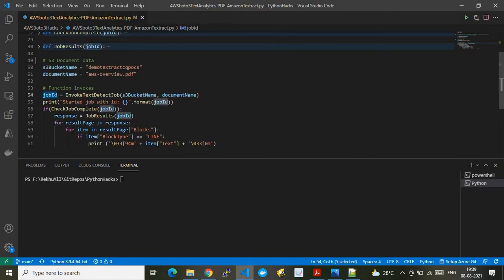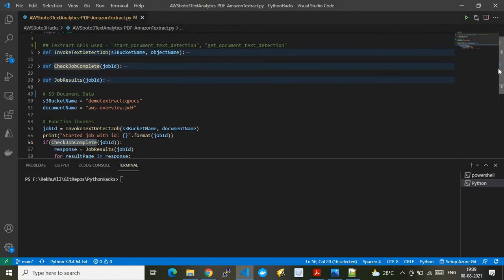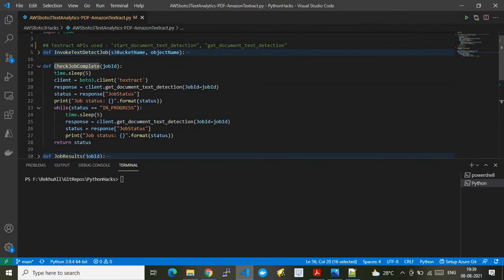As you see, we will be getting the job ID here, which will be printed here. Next, in the if block, I'm invoking one more function called check job if the job is completed. That's the reason I have written one more function where the parameter is job ID, nothing but the same job ID which we got from above. Here I'm making the code sleep for only 5 seconds. Then again I'm loading the Textract module, because every function is a different context.